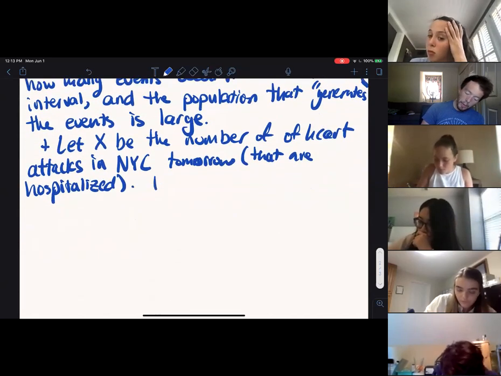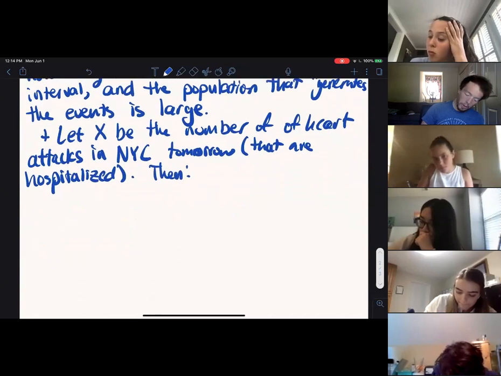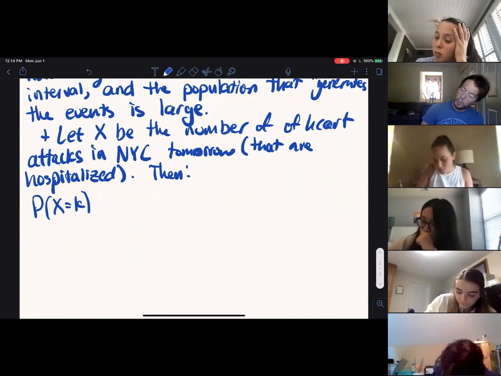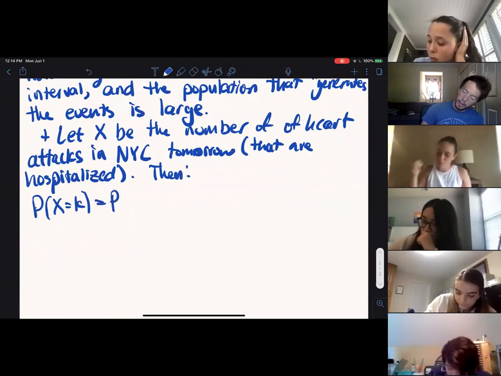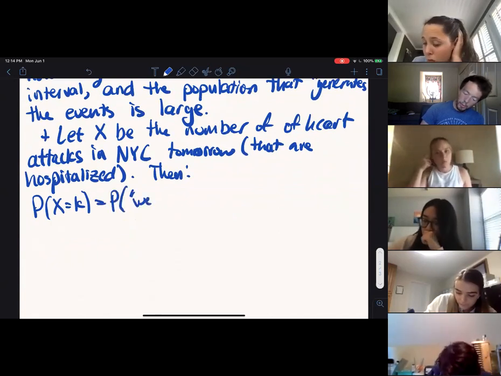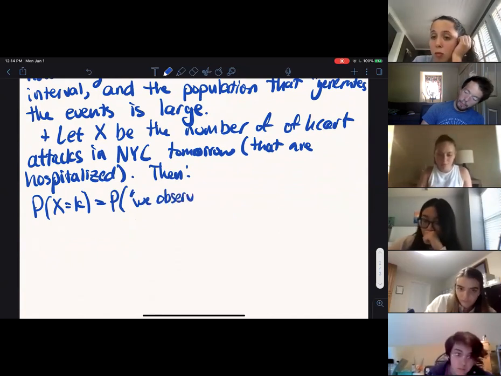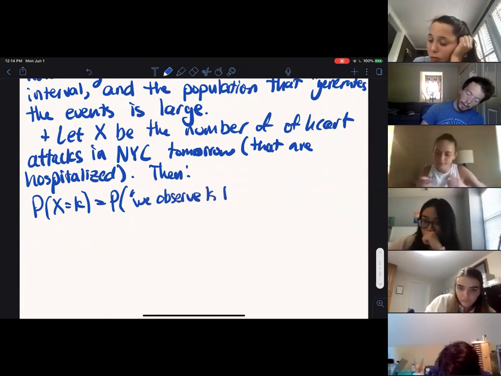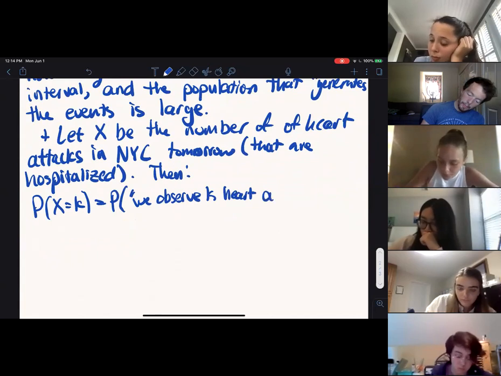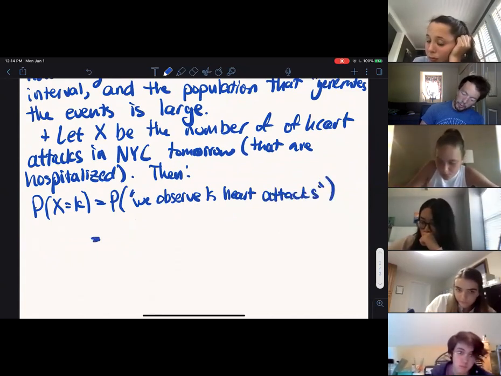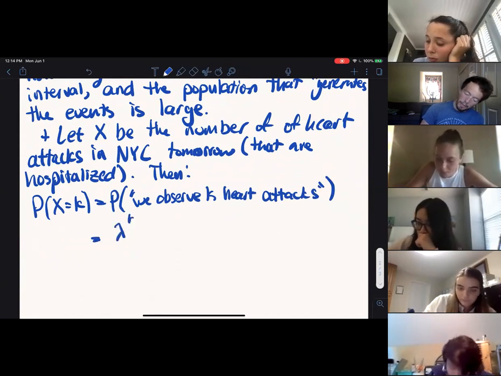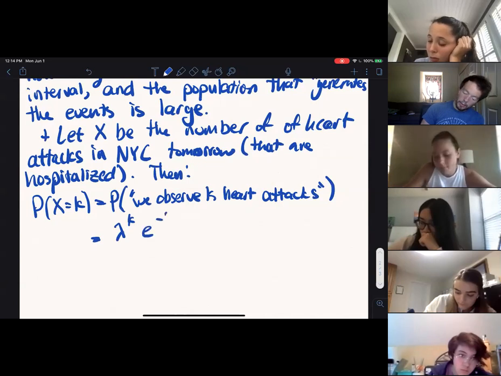Then the probability that X is equal to k, which is the probability that we observe k heart attacks, is equal to lambda to the k. So this Greek symbol is called lambda, e to the negative lambda, over k factorial,